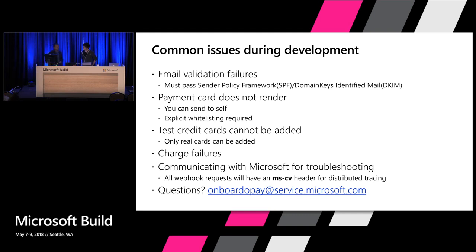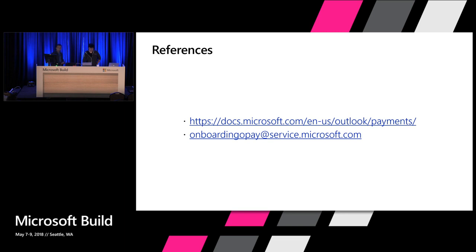If you have any questions during the whole development process, you can always send a mail to the onboarding email ID. You can also leave feedback on UserVoice, as well as on our developer documentation at dev.outlook.com. The references are in the docs in the developer portal for Outlook. You should be able to go there and try out the experience. It is pretty easy. Our goal was to minimize the time to the first sending of email to one hour. So you should be able to try it out and send it and see.